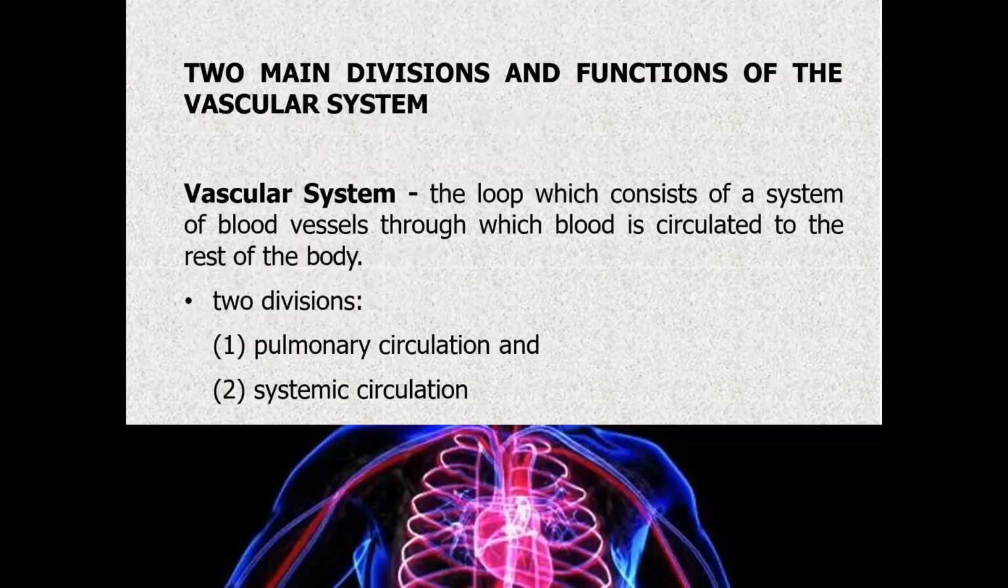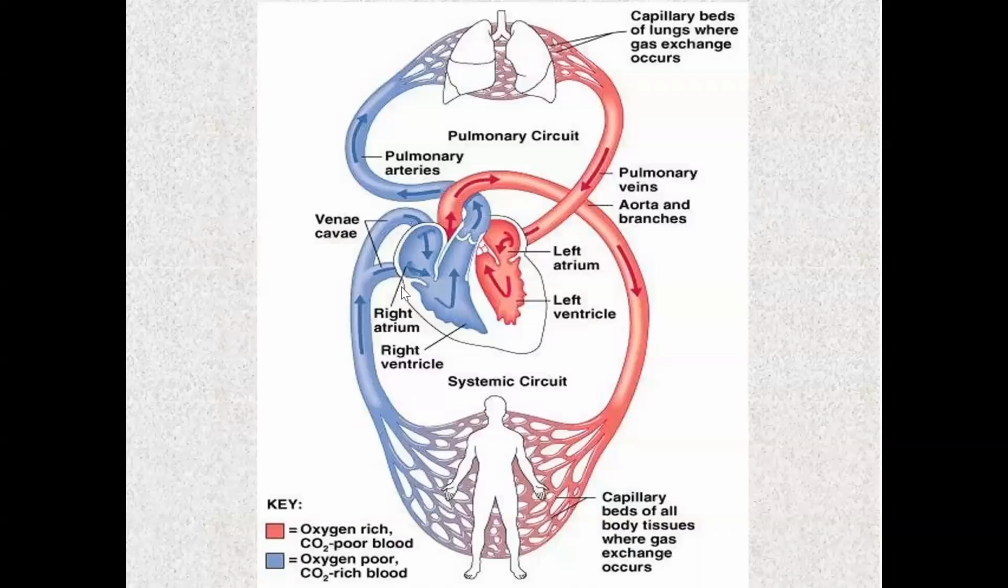Okay, so now class, let's proceed to the main division of the vascular system. So when we say vascular system, it is the loop that consists of a system of blood vessels through which blood is circulated to the rest of the body. We have the pulmonary circulation and we have the systemic circulation. So pag sinabi natin pulmonary circulation,